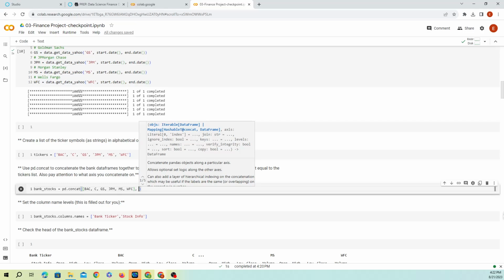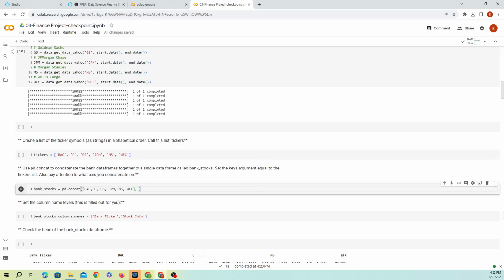And so what we need to do is indicate to Python how we want to display this. What is this Bank of America, Citigroup, Goldman Sachs, JP Morgan data going to represent? We want to store it in the form of columns. So I want my data to be as columns. If I put 0, that means it's going to be as rows. So I want to specify that this data will be placed as columns.